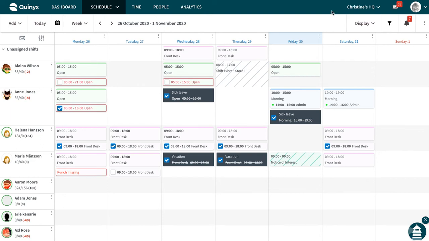You can manage punches and attest worked hours in the schedule. I've accessed the weekly view and you can see that you have shifts along with associated punches. Here's an example of what it looks like when it's already attested, but sometimes we have work to do before